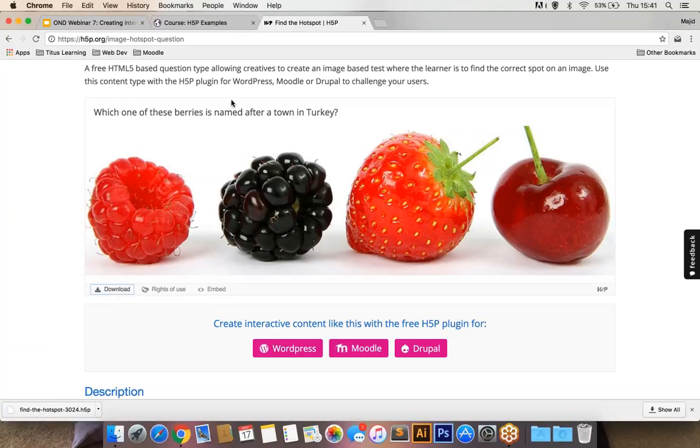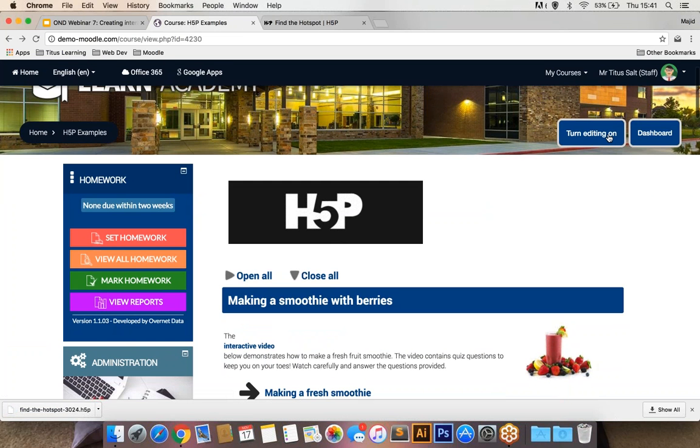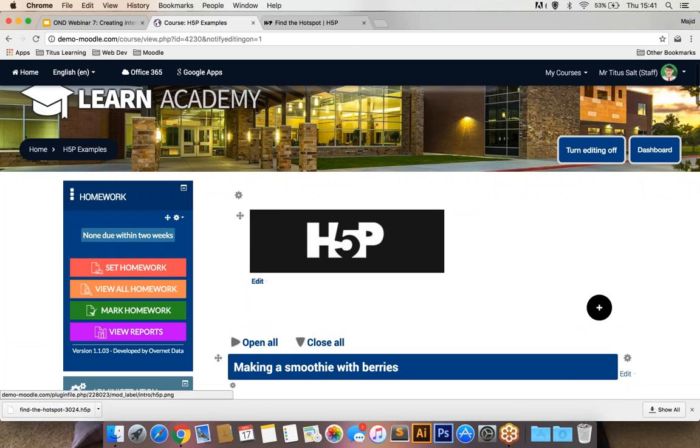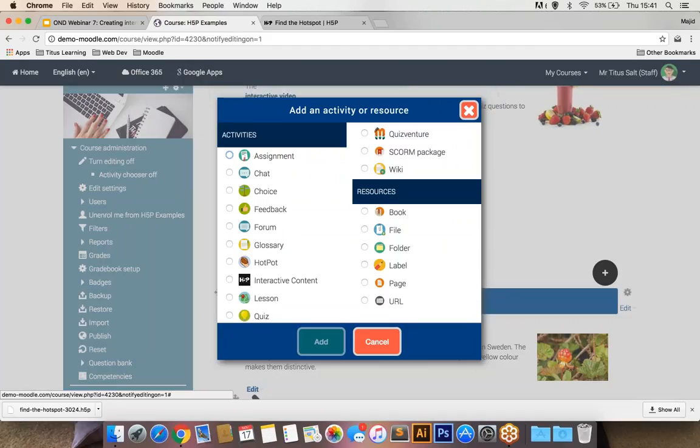and that will download a H5P file onto my computer. So one of the options here is to upload pre-existing H5P content. So this is what I'm doing here. If I click on the add an activity option and then choose interactive content, so this is a plugin that you will have installed on Moodle, and then if I click on add,